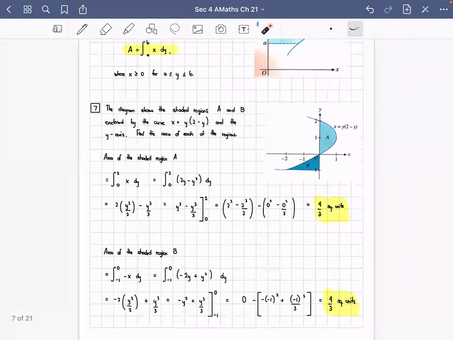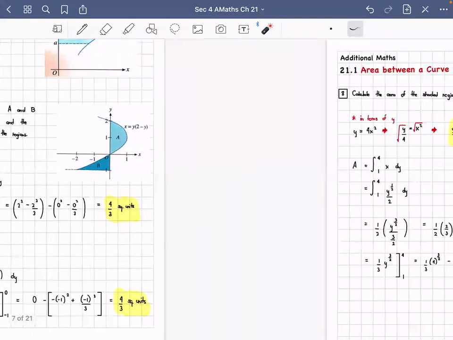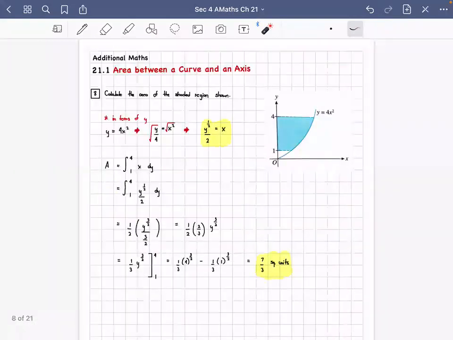So that's number 7. Okay, so 4/3 and 4/3. All right, so let's have one more. This is my last example for